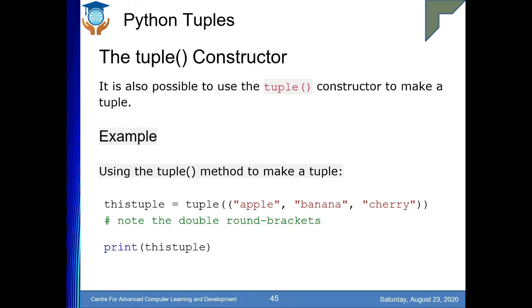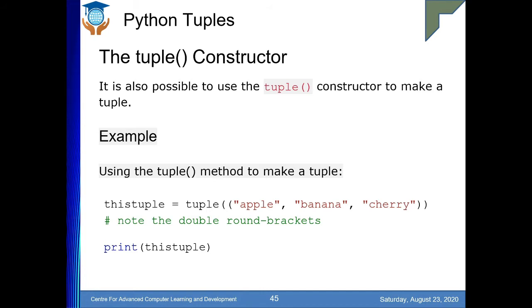You can use the tuple constructor as well to construct a tuple, right? There is a designated tuple constructor. Here in this case you write the name of the tuple, and then tuple. Just look at the difference in brackets. For the tuple constructor there will be one opening bracket and one closing bracket, and for inserting elements there will be one opening bracket and one closing bracket.